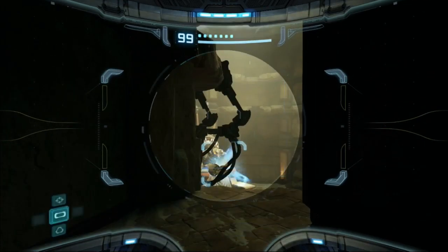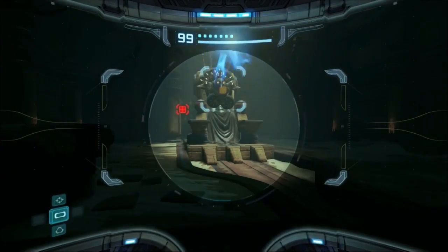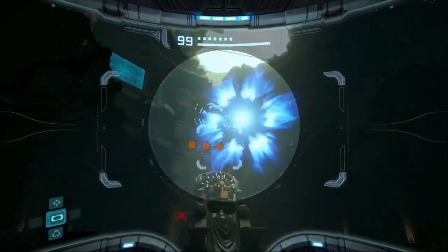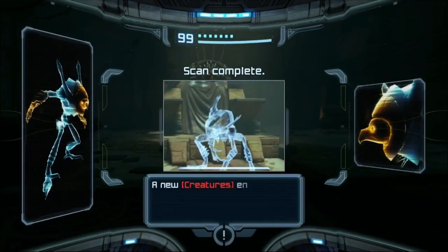So, we'll have to sort that out. We walk into the room. And we get the "this is a frightening enemy" theme because we meet